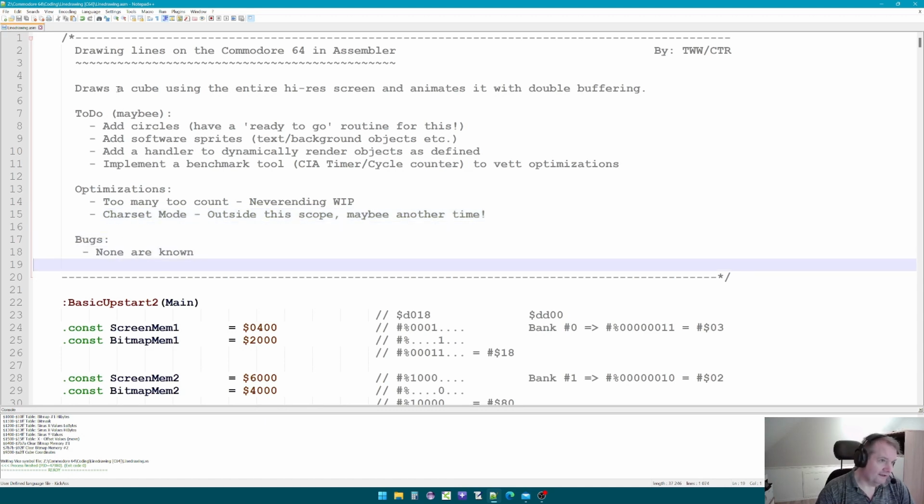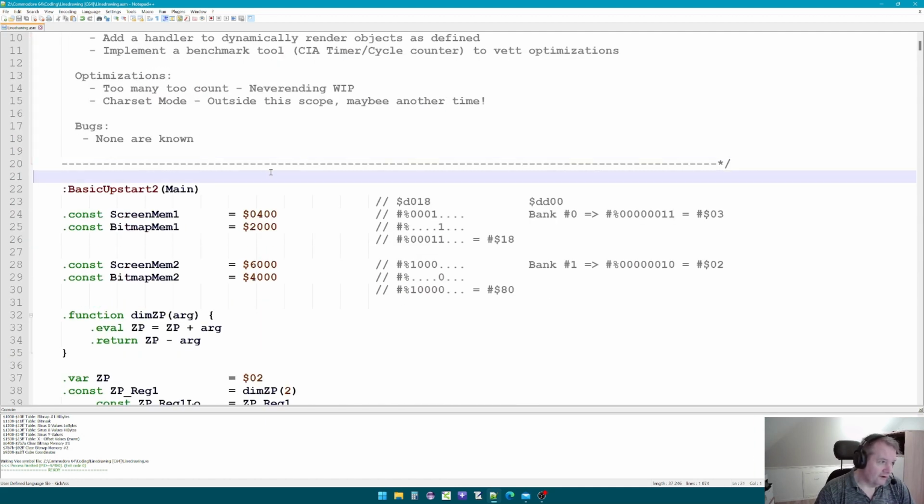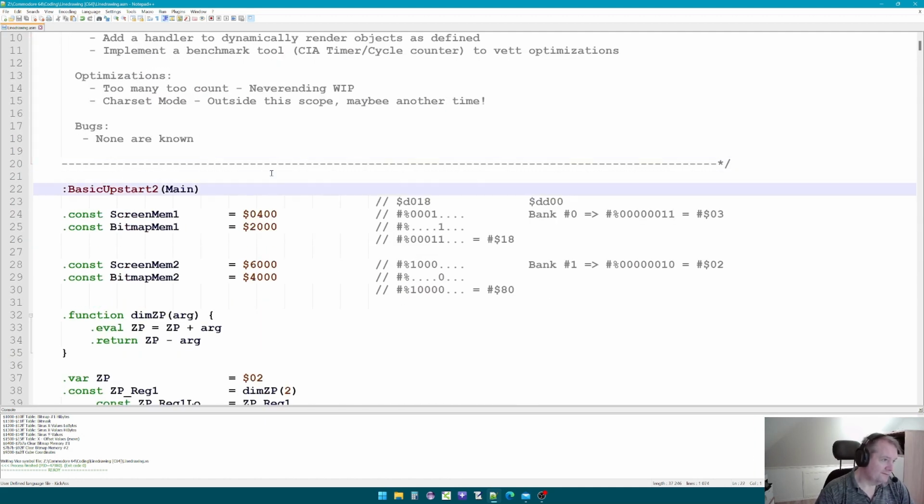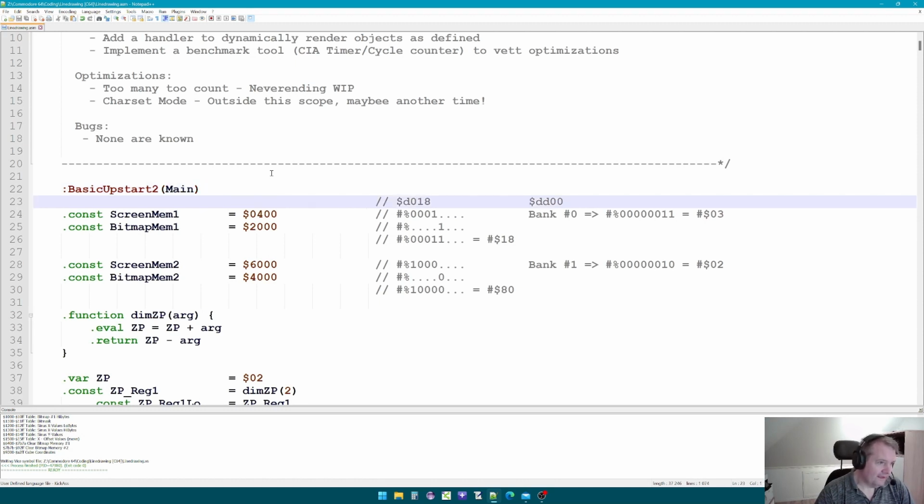As of now, I don't think there's any bugs, but you never know. So let's go through the code. I promised you a full explanation of it. So this part here basically creates the SYS statement in BASIC, so it automatically runs the code when you start it. And then here we have